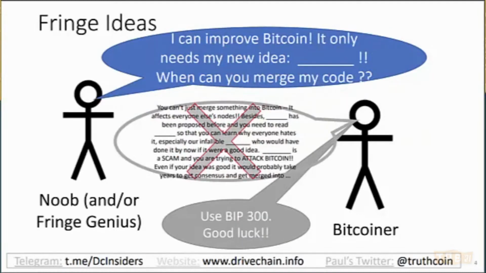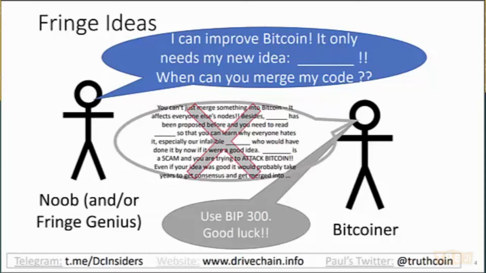Similarly, if some innovator, in quotes, dreams up a crazy idea, they say, hey, I can improve Bitcoin, it only needs my new idea, Turing completeness, or whatever, larger blocks, whatever, KYC coins, then they can now do that without anyone's permission. They don't do it on the Bitcoin base layer, but they do it on a BIP 300 sidechain. So that is the goal. Developers can write whatever code they want. Users can use whatever code that they like. Everyone gets what they want.